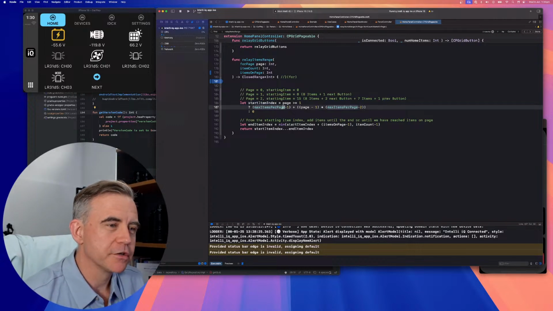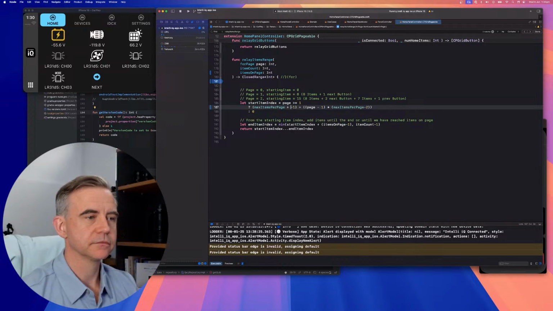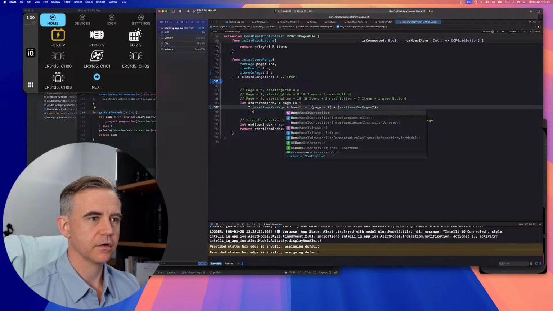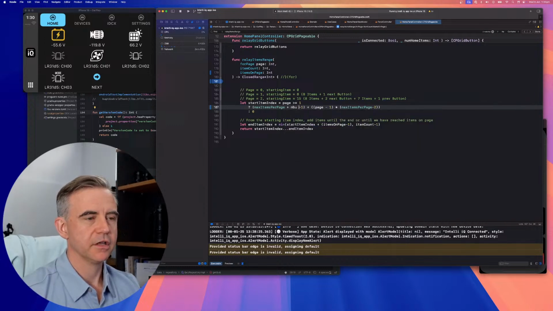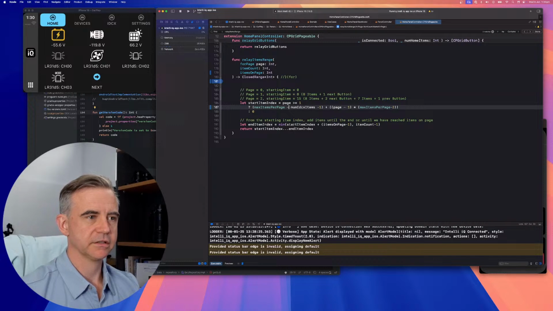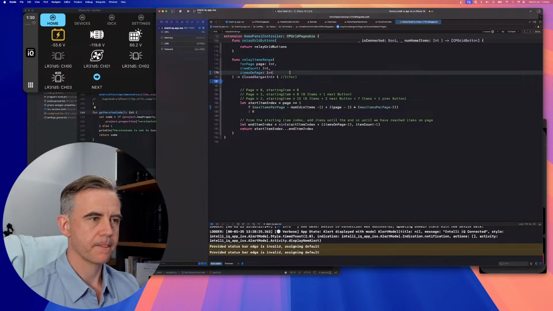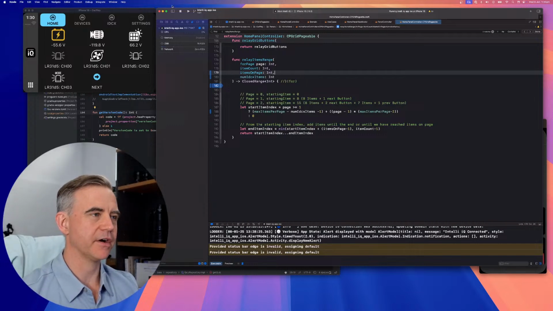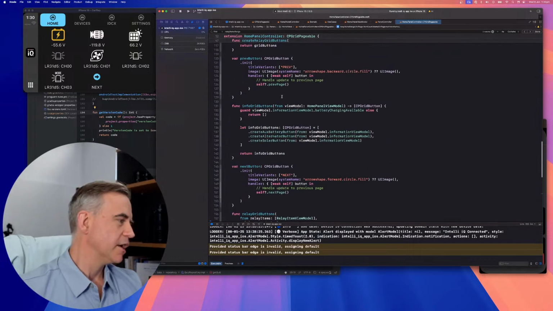Okay, so this one should actually be number of home items, num IDCX items minus int. So basically what we're doing here is we've got a set of items that are optional on the first page, and then